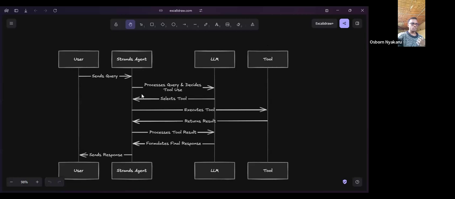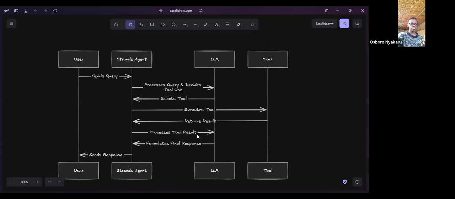The agent uses the LLM to process the query and decide, so the reasoning and intelligence. Then the LLM selects the tool. After selecting the tool, it executes the tool. After the tool is executed and called, it returns the result.